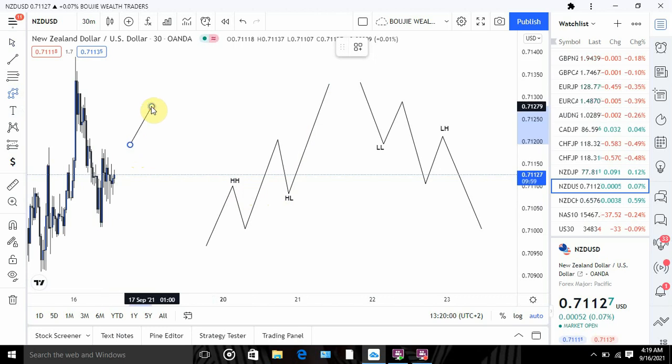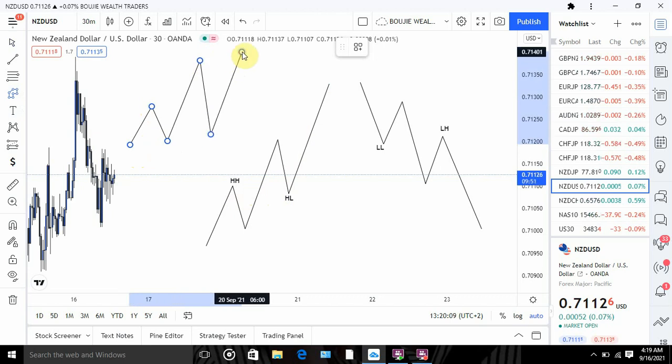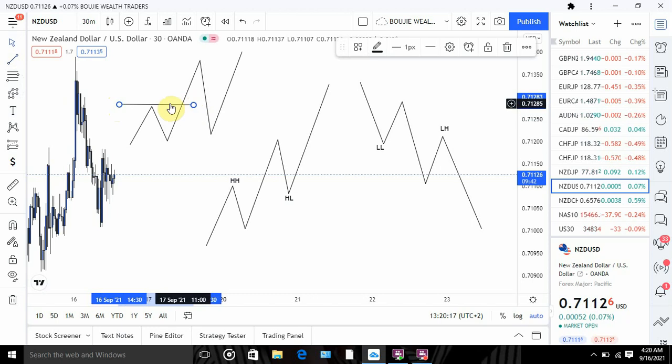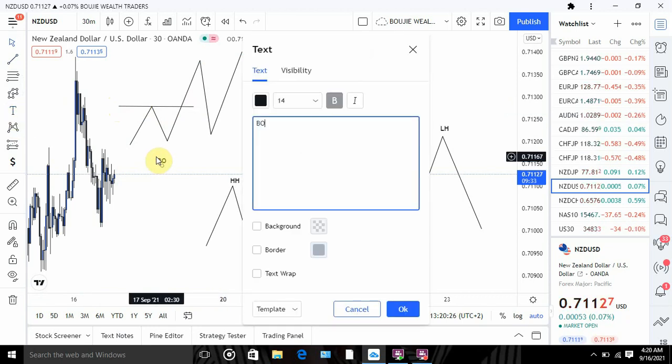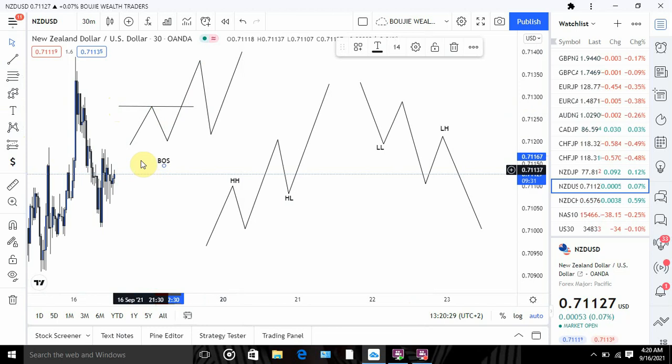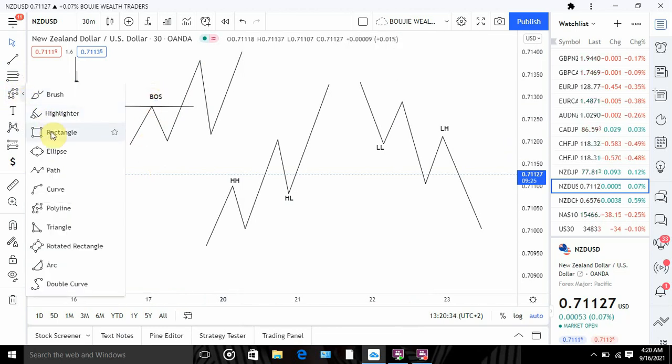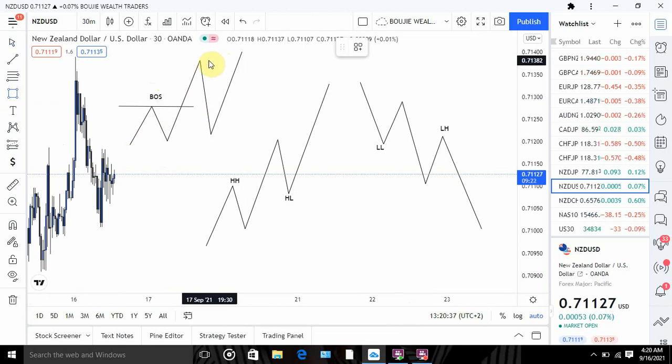So this is the basic schematic of how the market always does it. The market creates the high, then it goes here, and it comes back to take the orders, and it continues with the trend. So this is what happens. The market breaks the structure. This is the break of the market structure to take out this liquidity that is resting here. This is the break of market structure to take out the liquidity, then the market reverses. After creating the new high, the market comes back to take the orders in here,